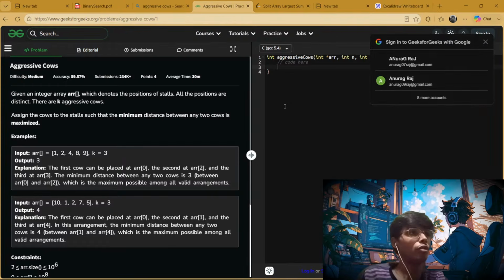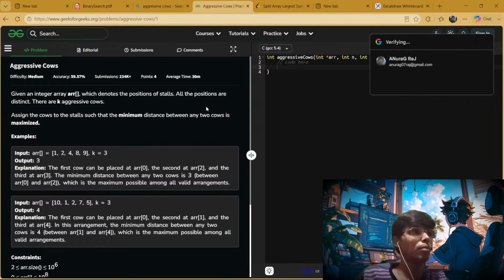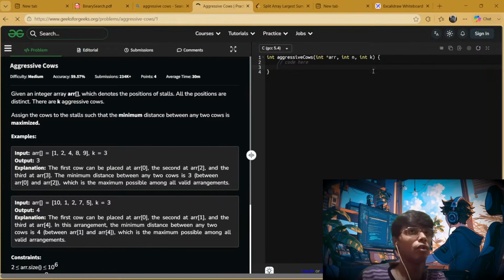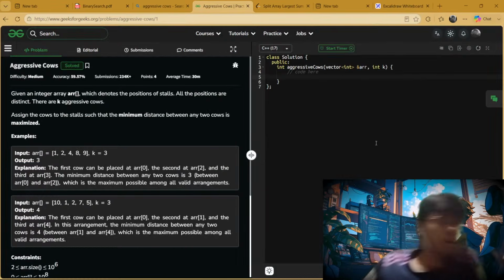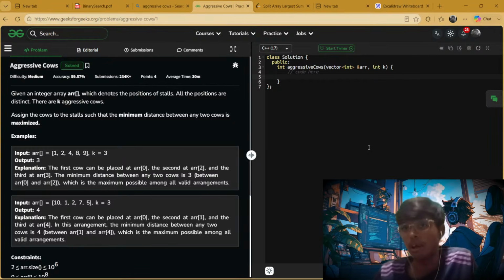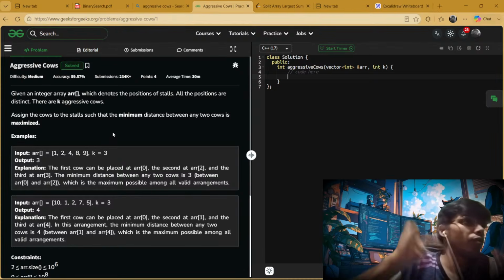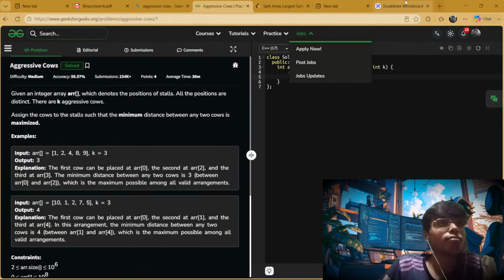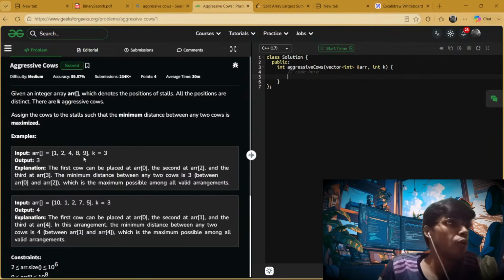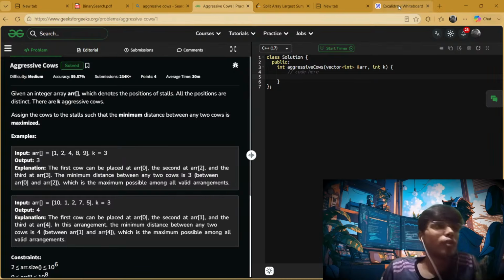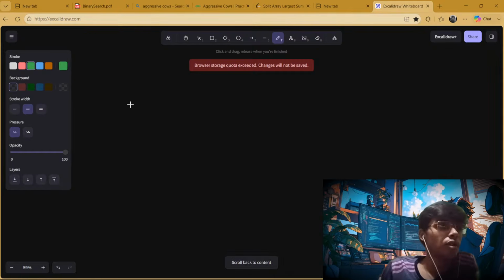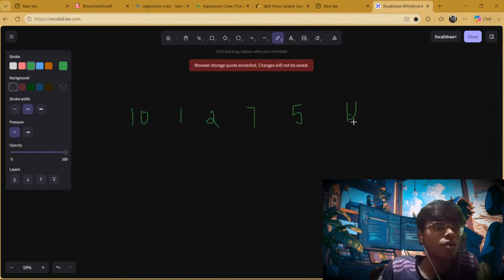What we have to do in this question? ये पहले हार्ड था, अब जीएफजी पे इजी मीडियम में आ गया, आई डोंट नो क्यों। क्वेश्चन तो बढ़िया क्वेश्चन है, उड़ा देगा एकदम। ओके, सो व्हाट वी हैव टू डू इन दिस क्वेश्चन? लेट्स अंडरस्टैंड। 1 2 4 8 9, ओके, 10 1 2 7 5, k is equals to 3।